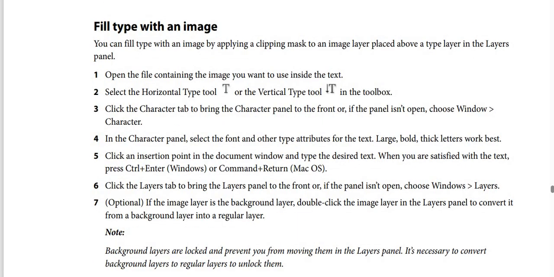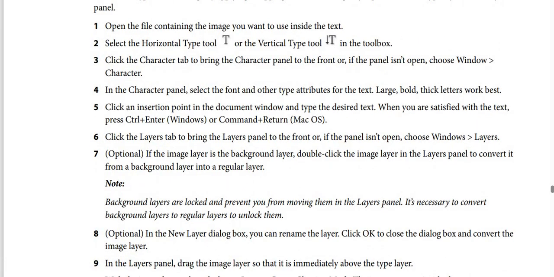How to fill type with an image. By the way, you can fill type with an image by applying a clipping mask to an image layer placed above a type layer in the layers panel. We have steps again. Step number 1, you should open the file containing the image you want to use inside the text. Step number 2, you should select the horizontal type tool firstly, or the vertical type tool in the